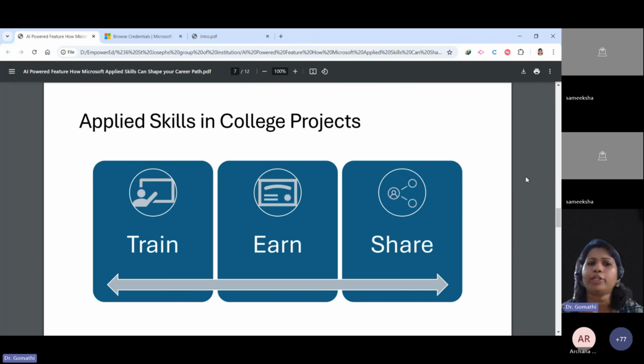And how can I use these applied skills in your college project? You can also use this applied skill because, of course, you will be doing a project in the applied skill. You will learn everything in that, and you can earn a certificate which will give you an additional point in your resume, and in your internal marks. I hope everyone has internal marks, right?